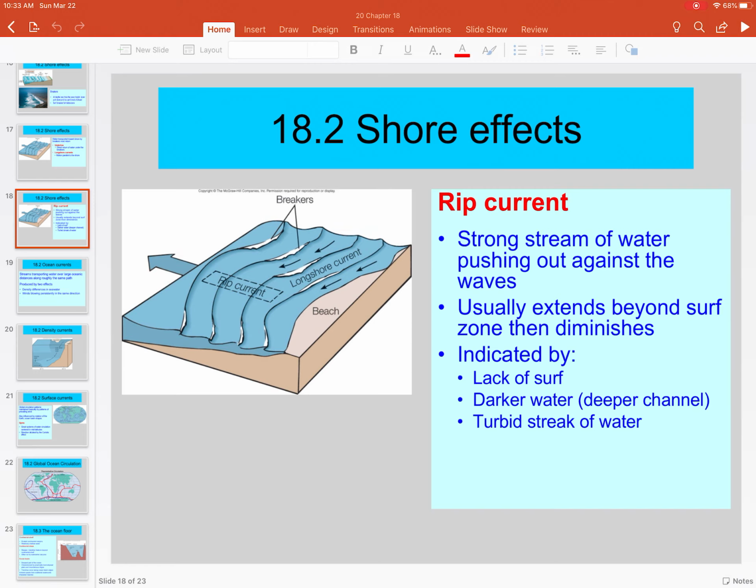Okay, so turbid usually means flow, movement, and so you can see here that the rip current would essentially just drag you out into the ocean. So when there's a strong rip current, usually there's warning signs. I don't know if they call it a flag warning, but it's a day where it's not necessarily good to go out into the ocean unless you're a very, very strong swimmer, because you have the presence of this rip current, which is very strong and very